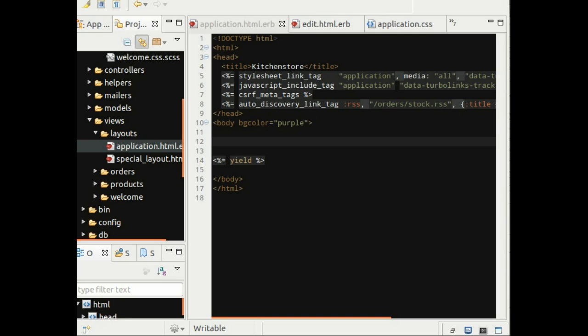Now it is time for a trivia. 1. What is the basic difference between calling render and redirect_to? 2. What is a